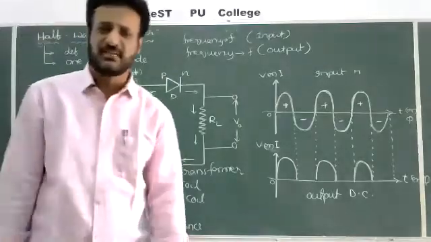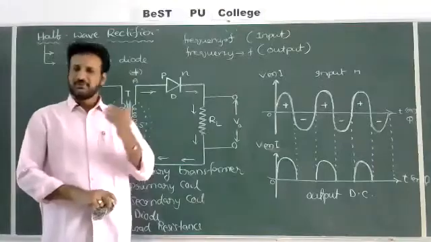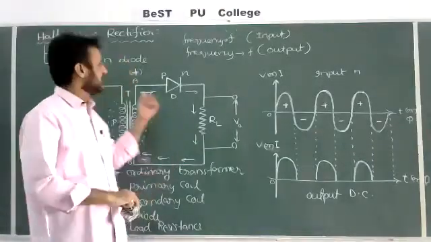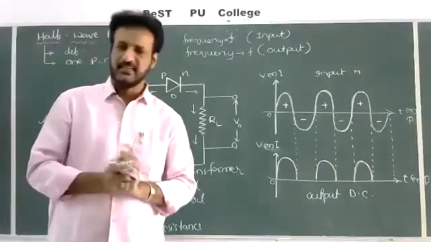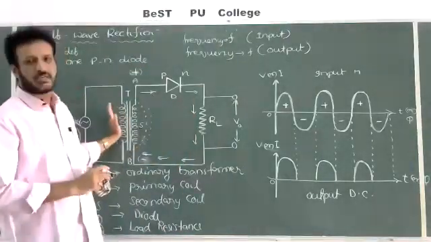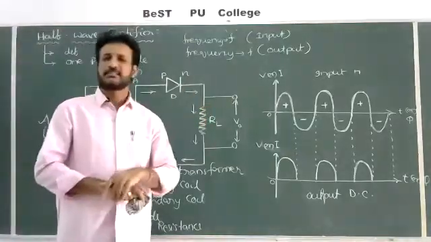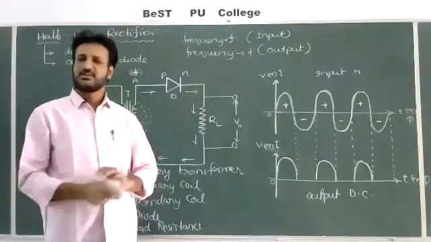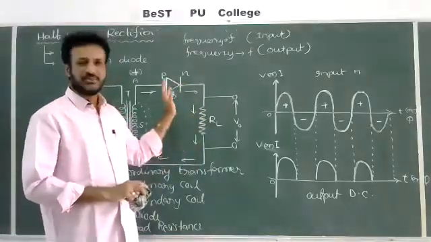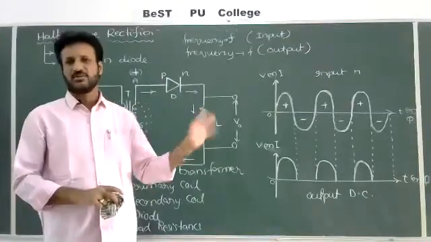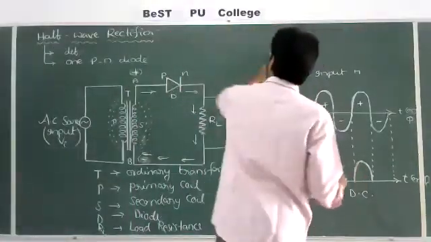Sometimes a theory question is important. For example, I am applying a 50 hertz frequency AC cycle to the input or primary coil of the transformer. And the question may ask what is the frequency of the output ripples. That is also equal to F, that is, 50 hertz. So there will be no change, no decrease or increase. We should take it as the same.